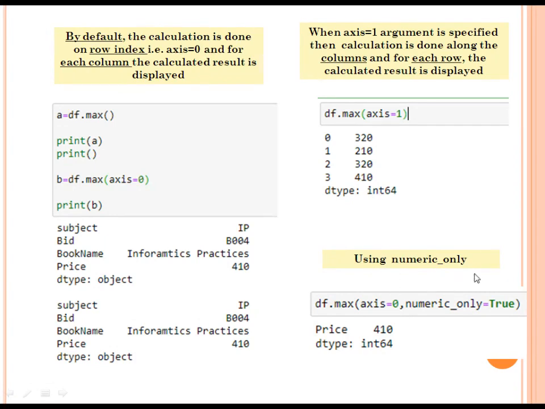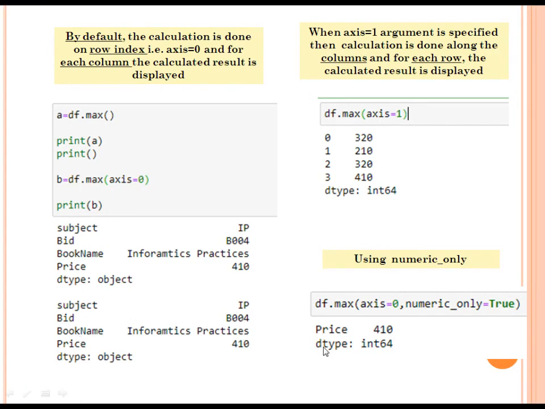Using the numeric only parameter, we have to set it as true. When we set it as true, it will see only the numeric column, that is price, so the answer is 410. I hope it is clear. When we are not using numeric only, it takes out the maximum from all the columns, either string, float, or integer.